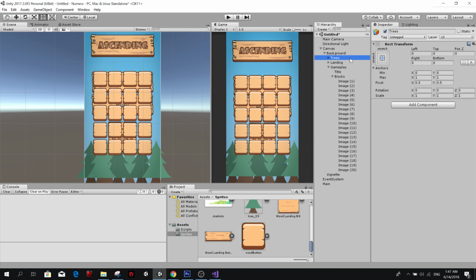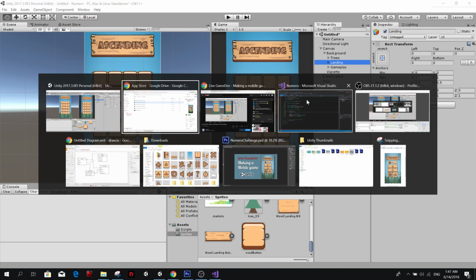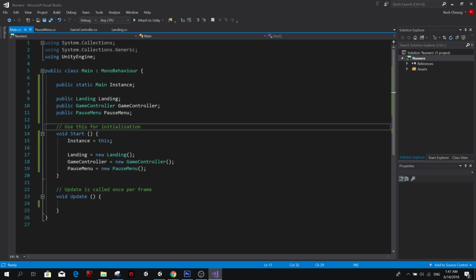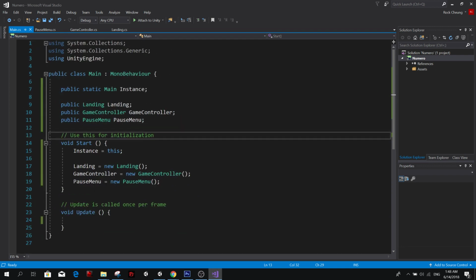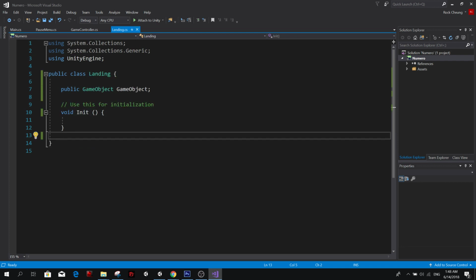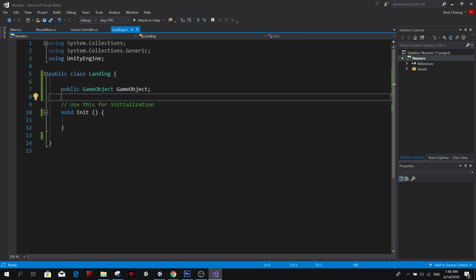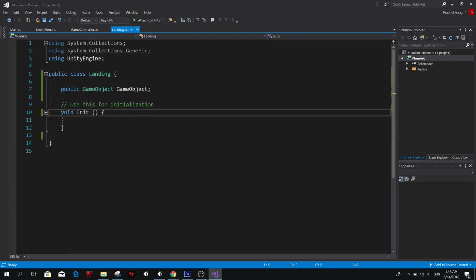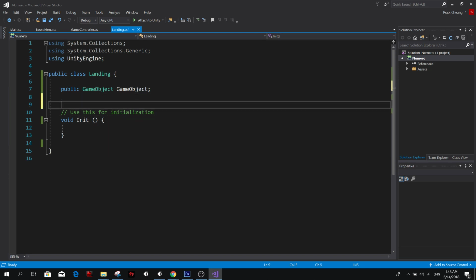So first of all, we need to find here, trees, landing, gameplay. We need to go to our code here. In landing, when we create it, we'll have the constructor, or we could just call initialize.